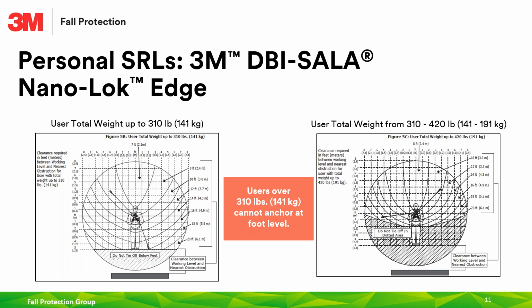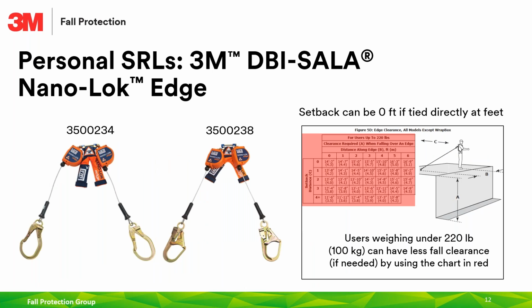You have to be familiar with the user instructions because there are different design parameters. What the equipment can and can't do is crucial, right? Our lives are on the line. We have to be clear about this stuff. Okay, so